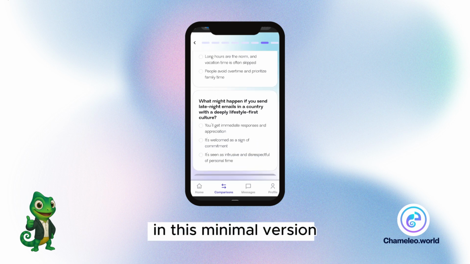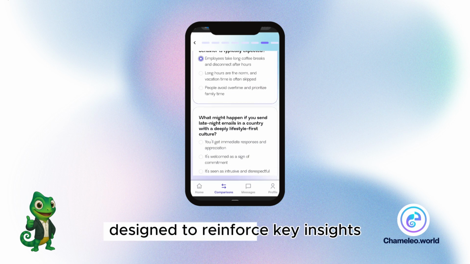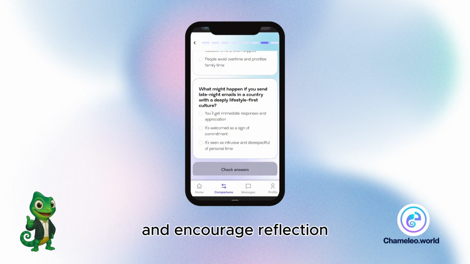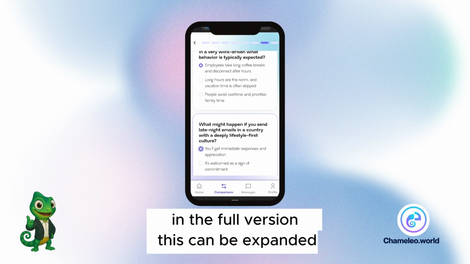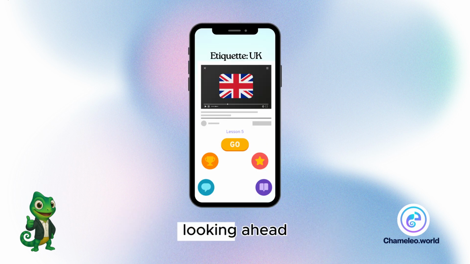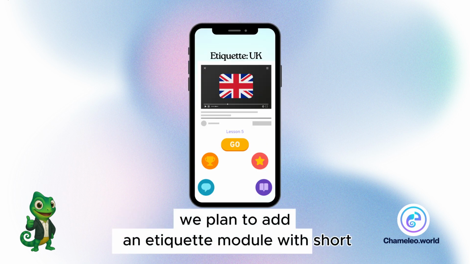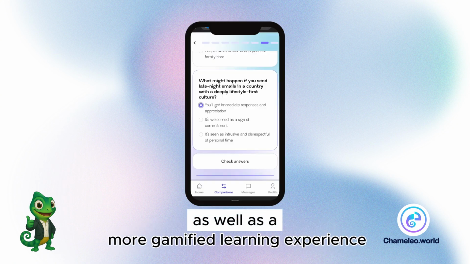In this minimal version, it consists of just 2 questions designed to reinforce key insights and encourage reflection. In the full version, this can be expanded with additional questions and deeper learning paths. Looking ahead, we plan to add an etiquette module with short, culturally relevant videos, as well as a more gamified